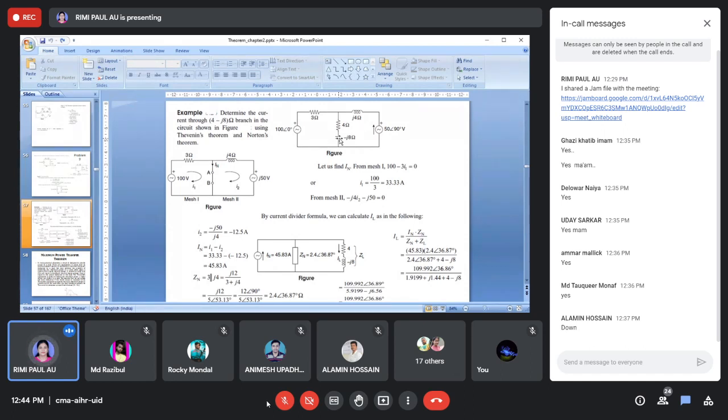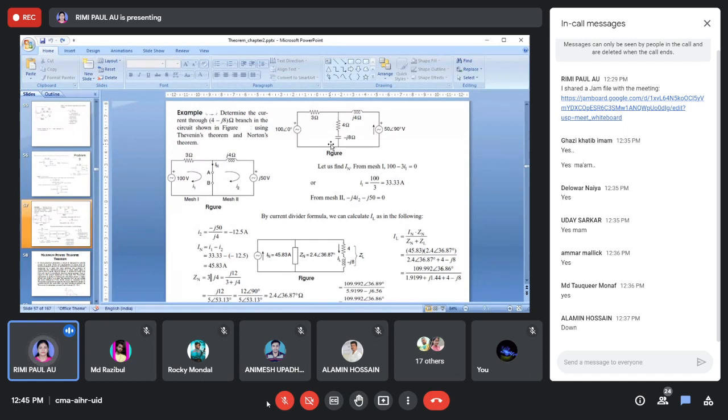Okay. So first I am showing you how to find the load current. You will solve this circuit using Norton's theorem. You will find the load current using the current division rule. Second step, you will get Norton's equivalent circuit. Okay, so from Norton's equivalent circuit, you will convert it into a Thevenin's equivalent circuit. From this Thevenin's equivalent circuit, you will again solve, and you will find out what IL will be.